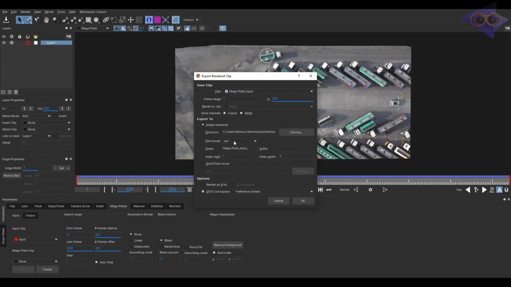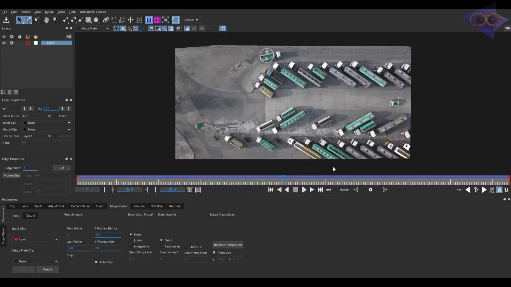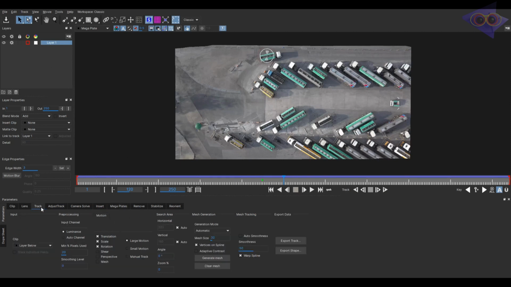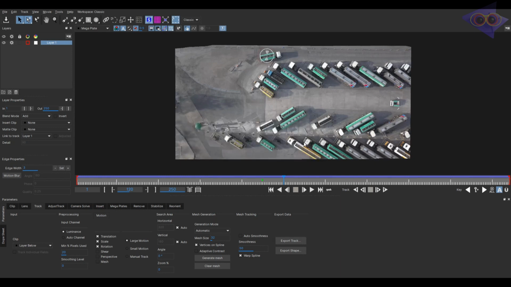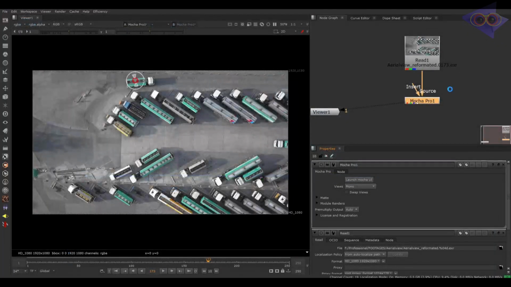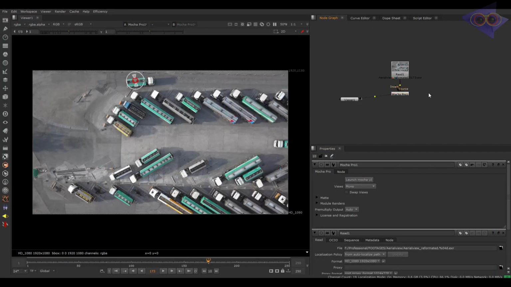There are some settings here which I think you can easily figure out. But as I'm rendering only a single megaplate frame, I'm going to give my frames as 120. Click on OK. Come back to the track module and I'm exporting this track as well. For my prep work in Nuke, copy to clipboard, save and close. Paste inside Nuke. Let me arrange this a bit.